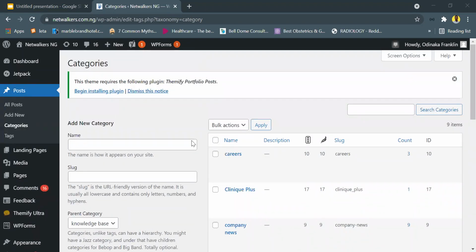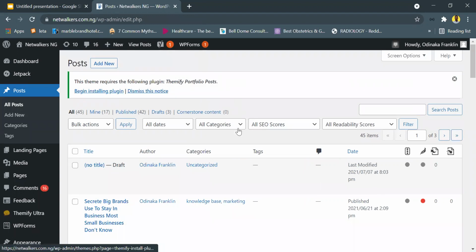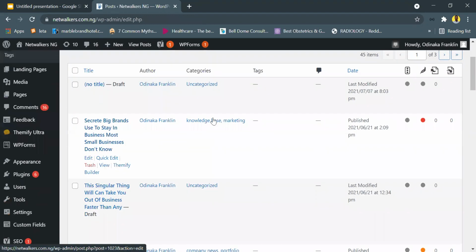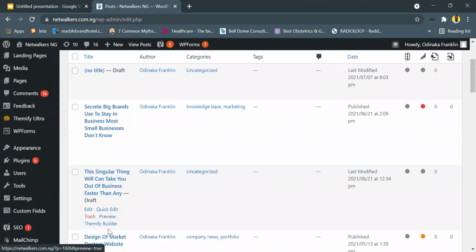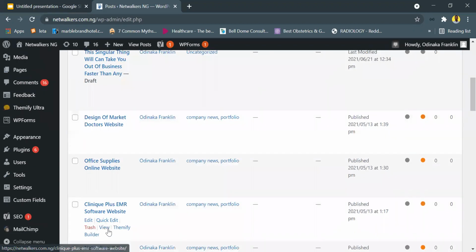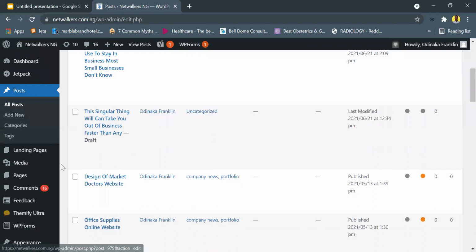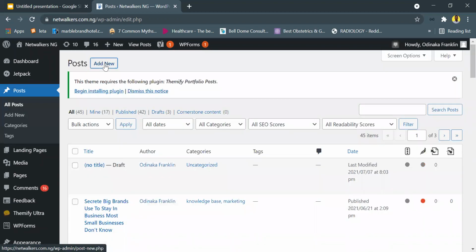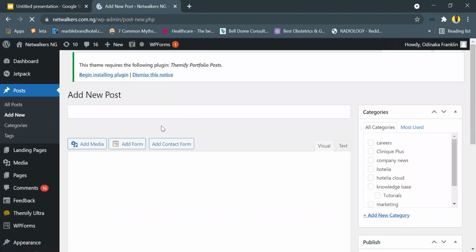Yeah. Yes, sir. Okay, I said after the post, but you understand all I said about posts. Mm-hmm. That's where you write your articles. Let me just go there again. This is your post. These are list. Once you come to post, you see list of all the posts I've made so far, or that this person has made so far. If you want to make your own post, you click on this add new post. When you click it,